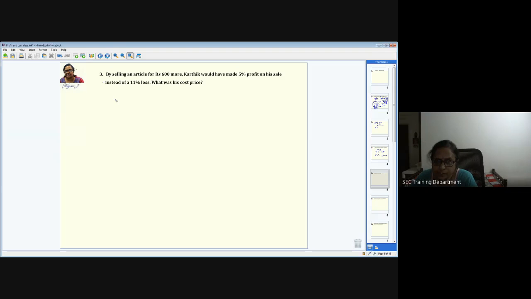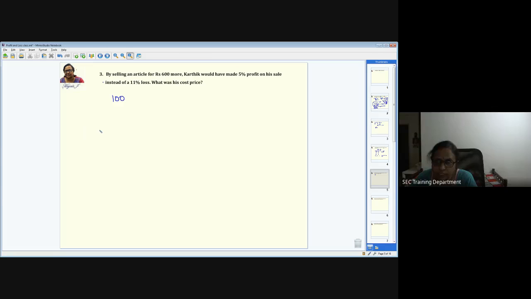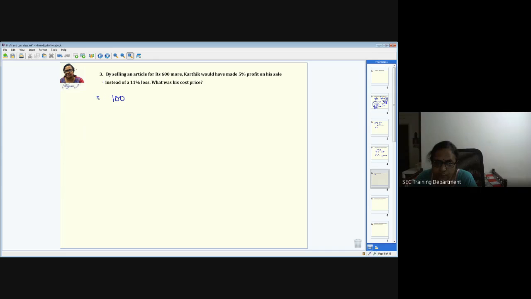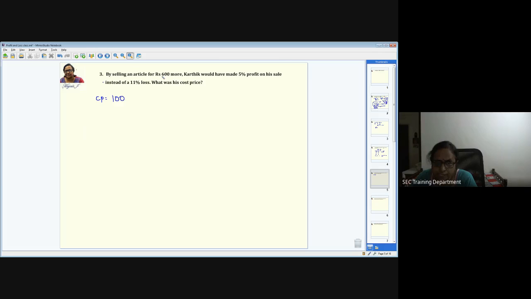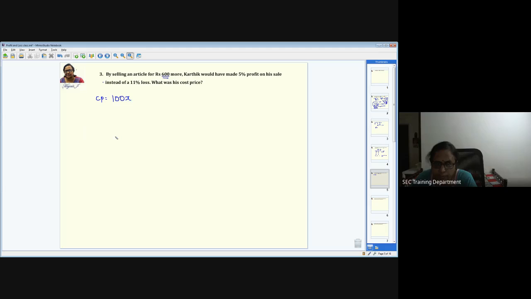Normally for this percentage problem, initially what we consider as 100, correct? Normally I go for 100 as the initial value. So I assume here the cost price to be 100. Okay, 100. But as I told you, if there is a value involved, what should you do? In terms of X, we have to take it. Usually I go for 100 because there is a value, taking 100x.